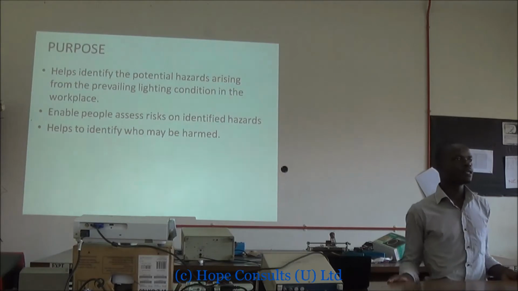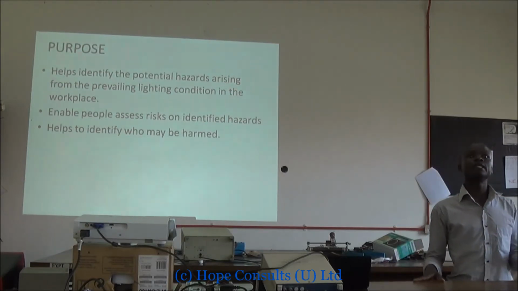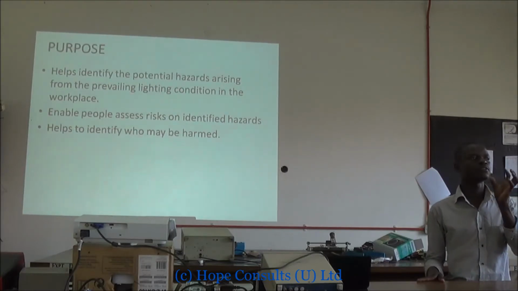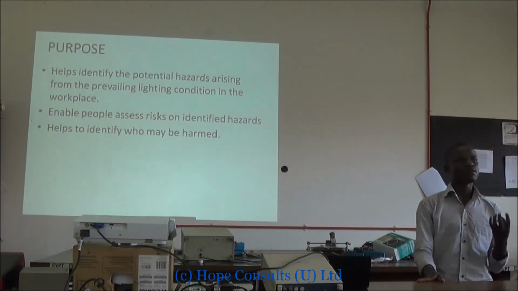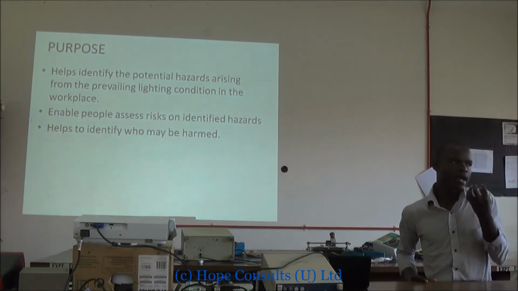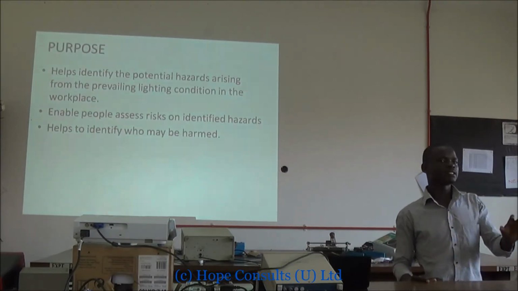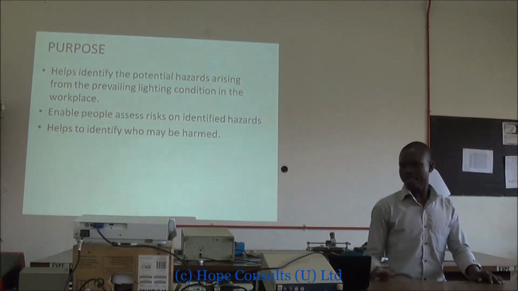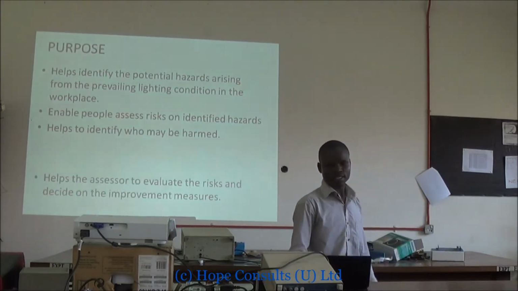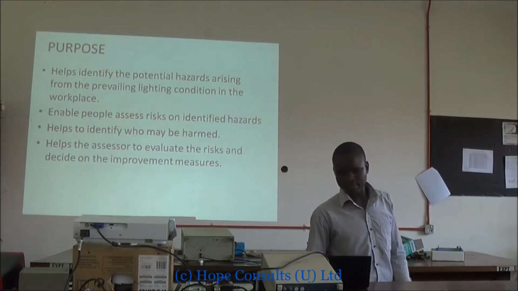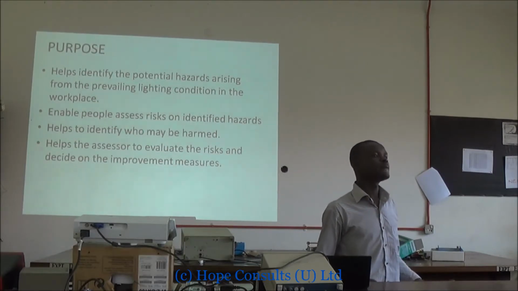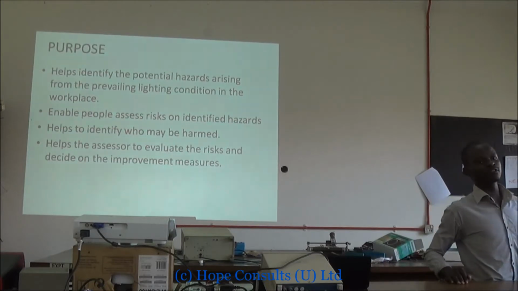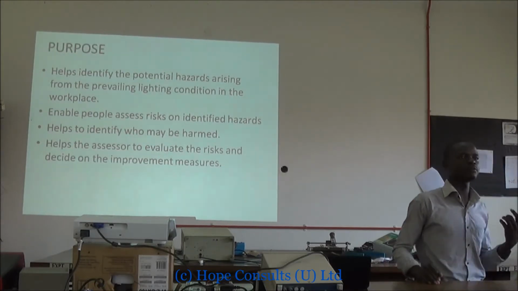For instance, if you assess lighting, we know that it has effects on how people work in another setup. For instance, you're working in any environment and, of course, you have problems with your eyes. Or in case there's too much light, how is it going to affect the workers? And then the other purpose is it helps to evaluate the risks and decide on the improvement measures. Of course, after evaluating and assessing, you must know which specific measure or mitigation you are supposed to use to